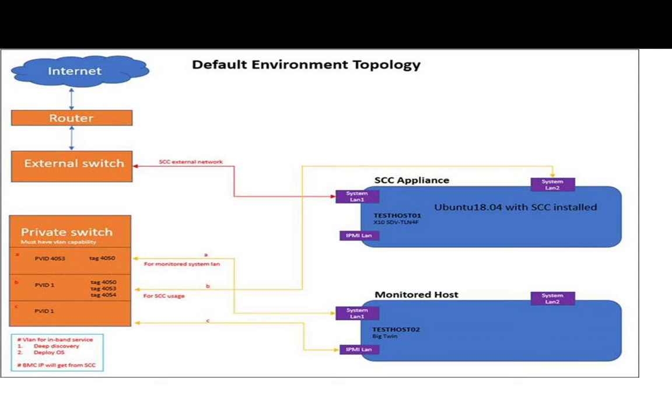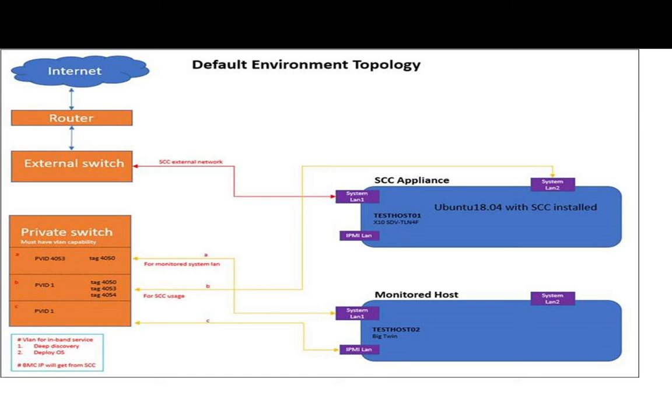The first diagram presented to you is just one of the network designs suggested to you. Step number 1 is to determine if you will need to deploy the SCC appliance as a VM guest within a hypervisor configuration or deploy the SCC appliance as a bare metal configuration. Step number 2 is to work closely with your network administrator to present and configure the appropriate VLANs to your underlay management network switches. The SCC appliance will require an external facing NIC, LAN 0, and an internal facing NIC,